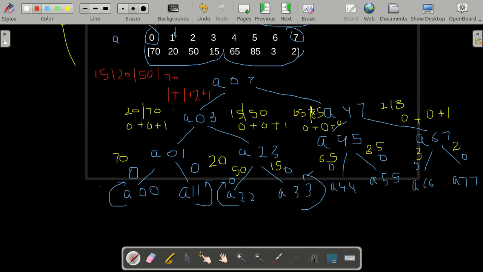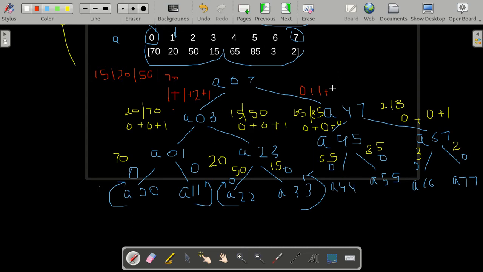Now coming to the right part. Over here the answer from the left was 0 and from the right was 1, and now we'll apply the merge. Now is 2 less than 65? Yes, it is less than 65. So this array will have elements greater than 2 from and after 65.